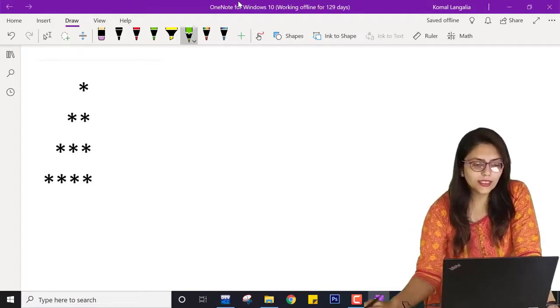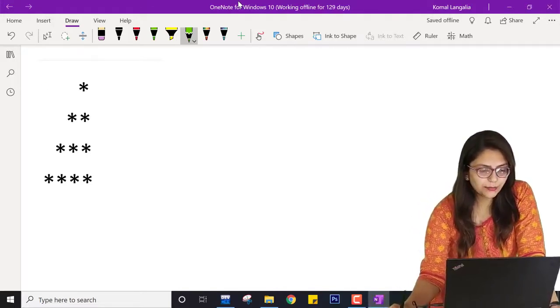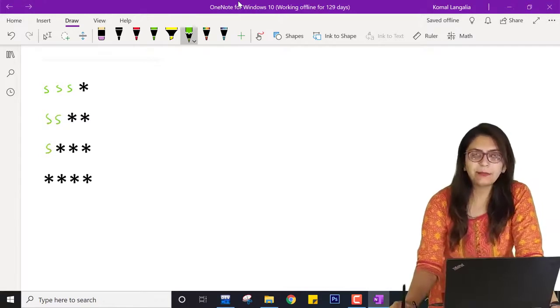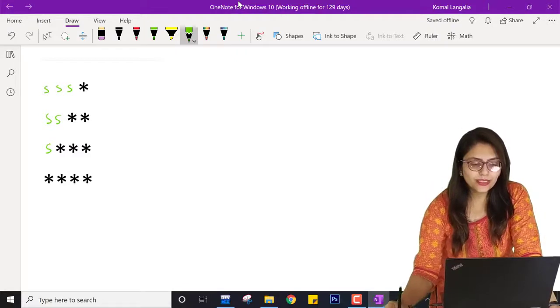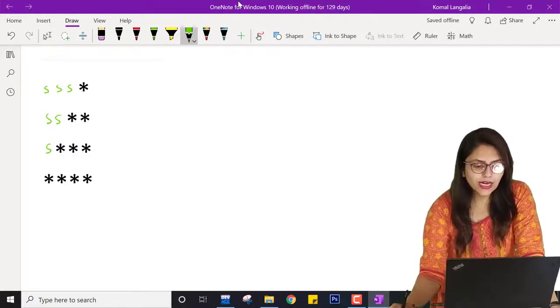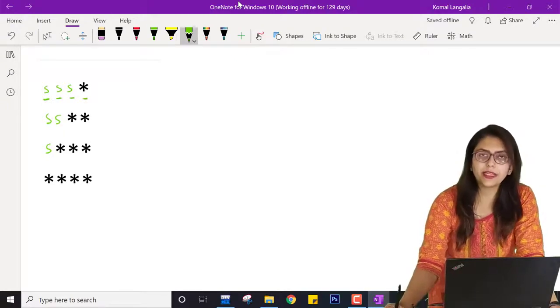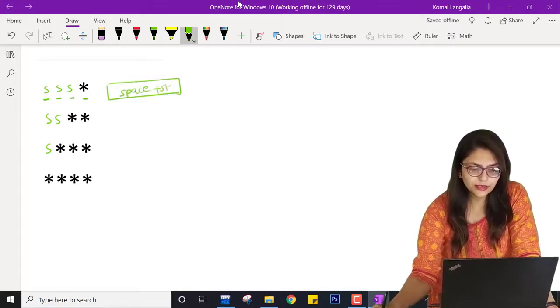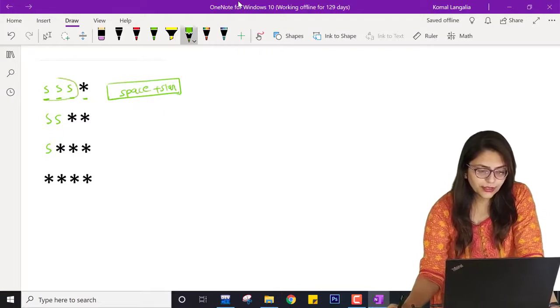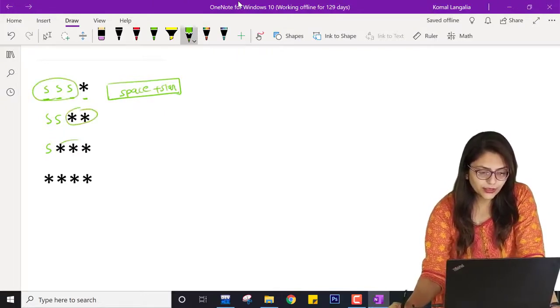But now there is one logic over here. Here I am printing space also, right? So you can see that wherever this empty space exists, actually we are printing space. So in this kind of pattern, first I am printing space, and then after some logic I am printing star, right? So this row is a combination of space plus star. Stars are also repeatedly printed.